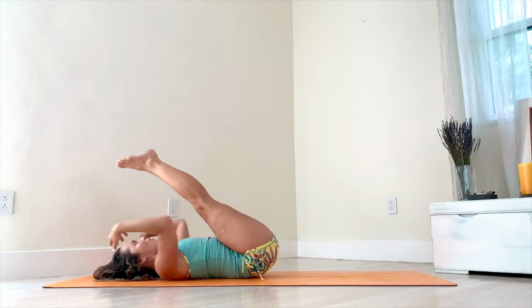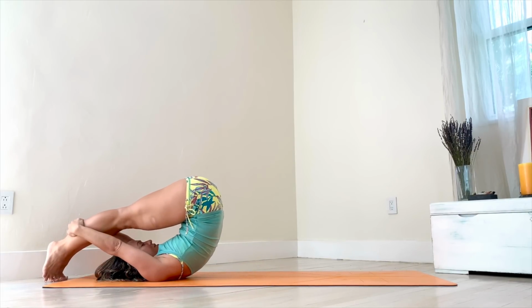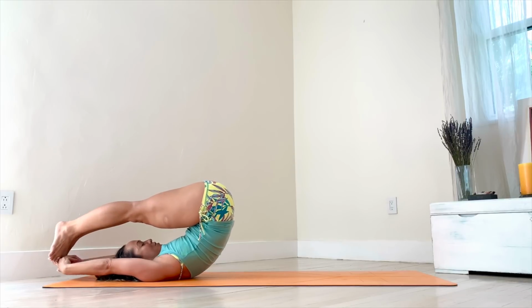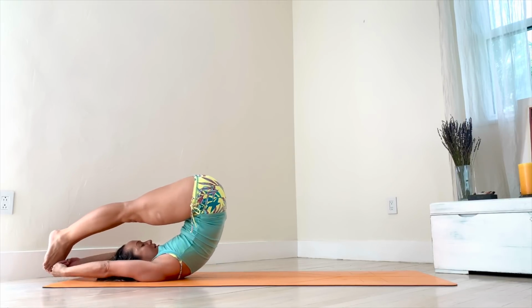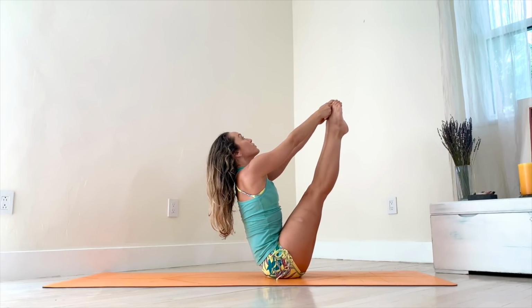Now, let's go all the way over. And you could hold on to your big toes, or you could hold on to your ankles or your feet, whatever you want to hold on to. Exhale there. Inhale, roll up. Balance for 5 breaths. 1,